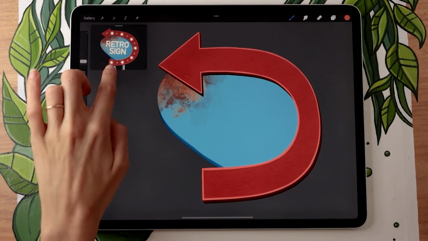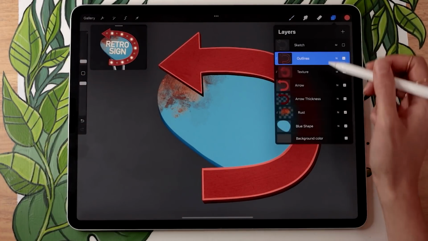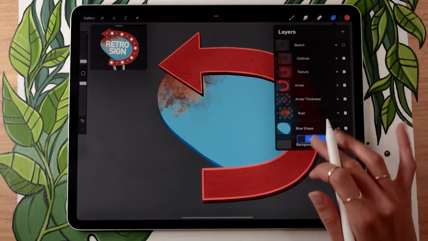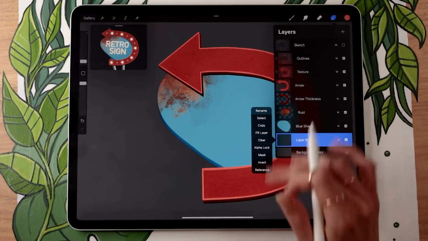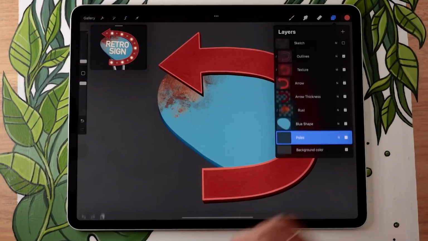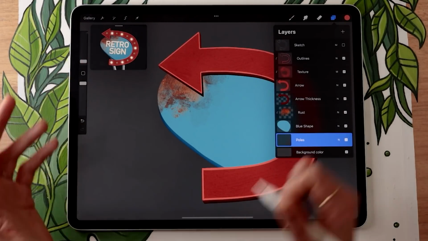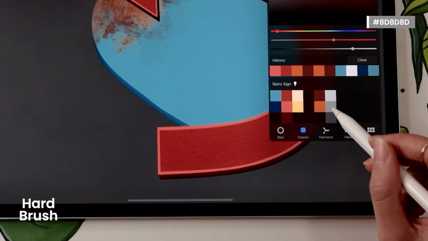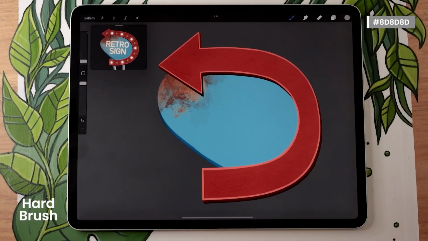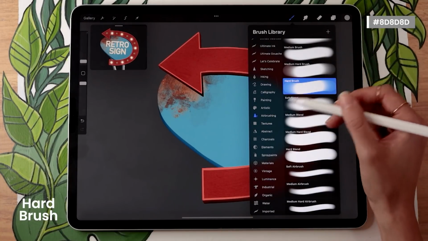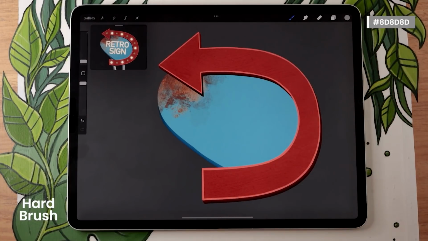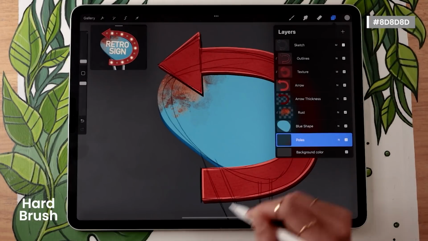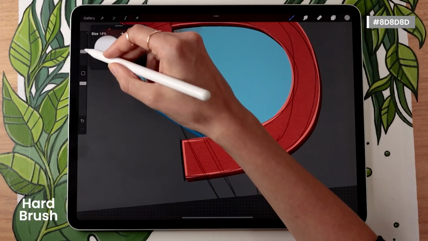We can also add some metal poles, so super easy as well, just creating a new layer below everything that you have so far and renaming it to poles. Now you can really have any color of your choice here. I'm going to go with just gray, so in the color palette it's going to be this medium one right here. And then still with the hard brush from the airbrushing pack that comes with Procreate, you can just draw your poles. If you have them in your sketch, you can reactivate your sketch as well. And then just drawing the shape of the poles.